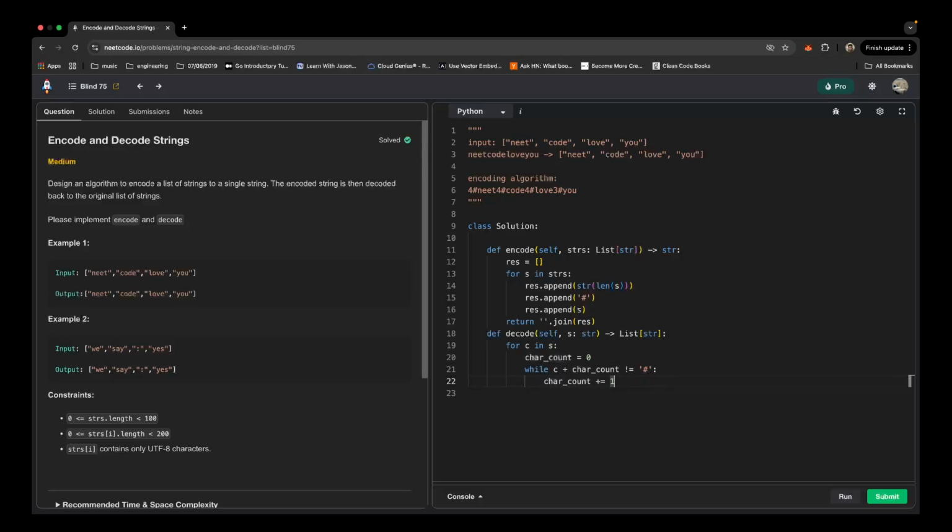Once we have the hash, it can be 1, it can be 2, it can be 3, we will stop. Now we also need one more thing, which is the result array, so I will have the result array as a blank array, right? Now what we have to do is,